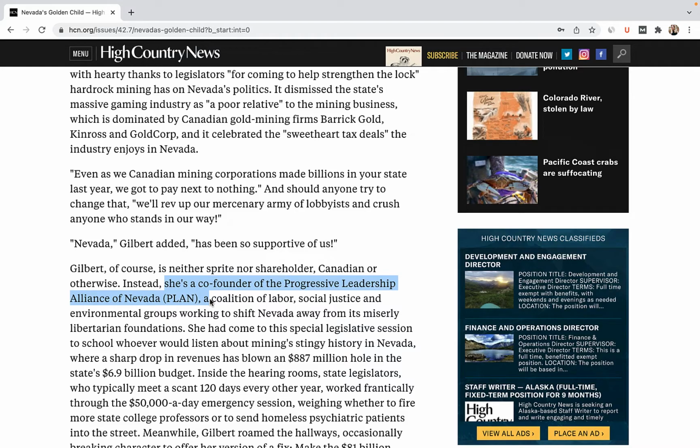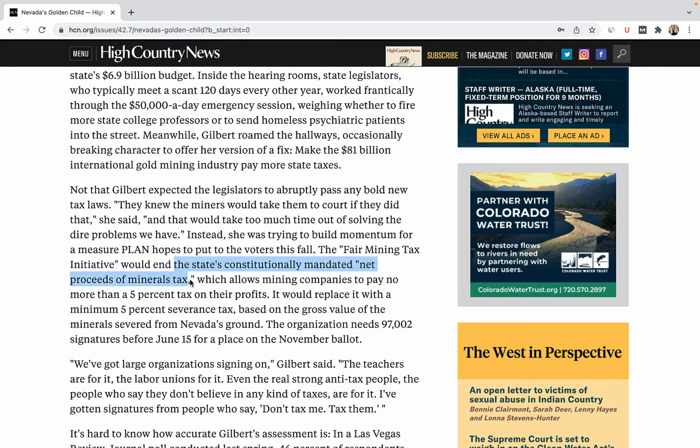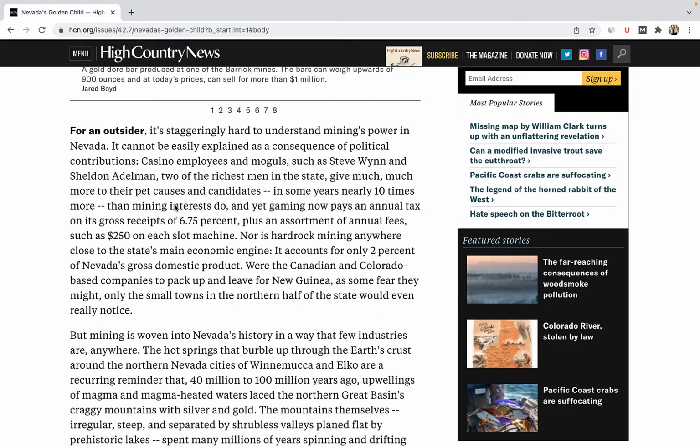Rather, she is the co-founder of the Progressive Leadership Alliance of Nevada, a coalition of labor and environmental groups that seek no less than to raise mining taxes on gold by a factor of 7. You see, in Nevada, the Constitution mandates that mining companies pay no more than 5% of their profits in minerals taxes. Compare this to the state's gaming industry, which pays an annual tax of 6.7% on total gross revenue, not